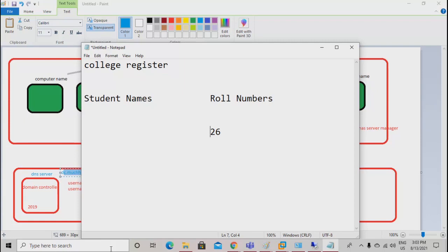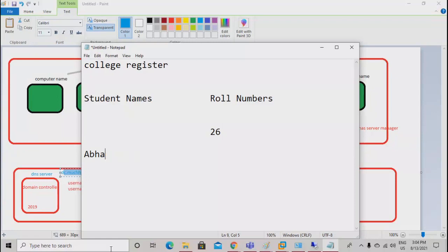If I know the roll number 26, will I find out who roll number 26 is from the college register or not? Yes. Correct? Okay. Another situation is, I know some name, let's say Ray Kumar. Now, will the college register be able to tell me what is the roll number? Yes. Yes, we can get the roll number, right?